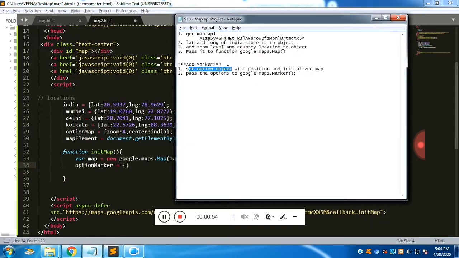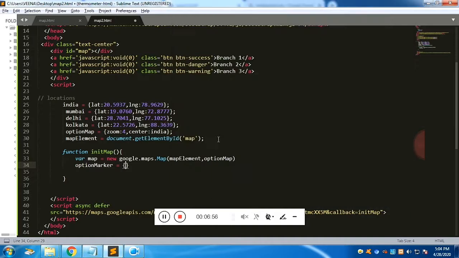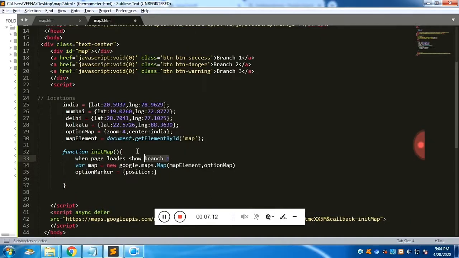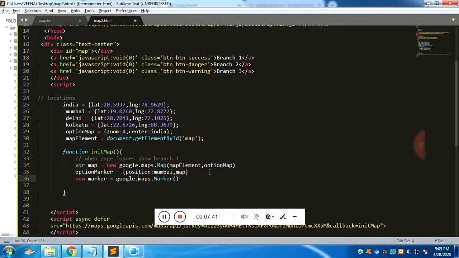The first is the position, where the marker needs to be placed, and the second is the map. We are going to pass the marker option to the function called Marker.